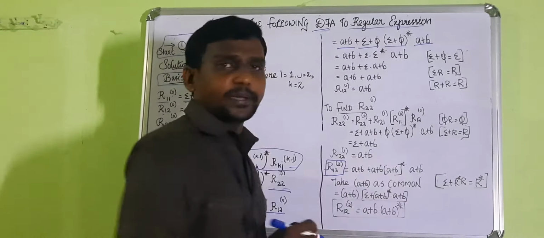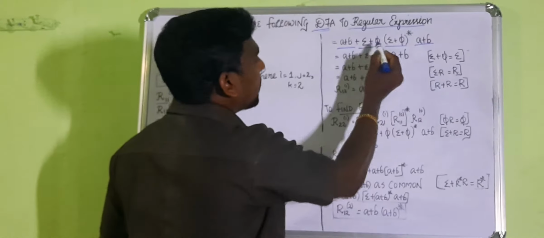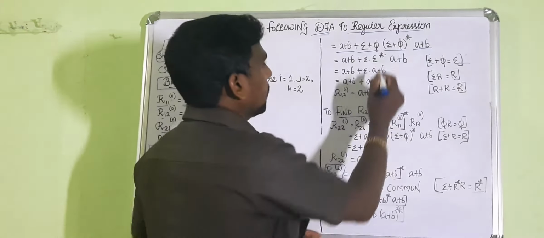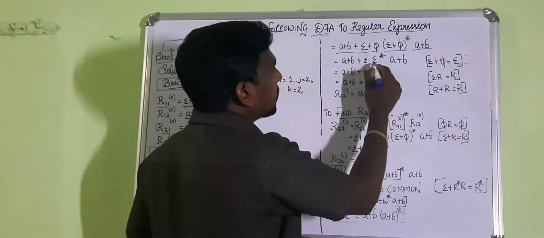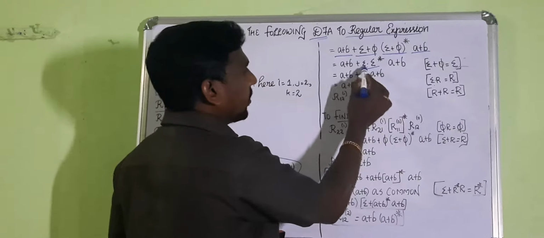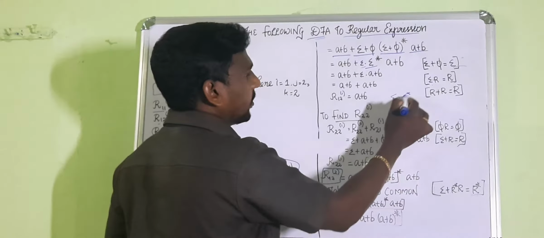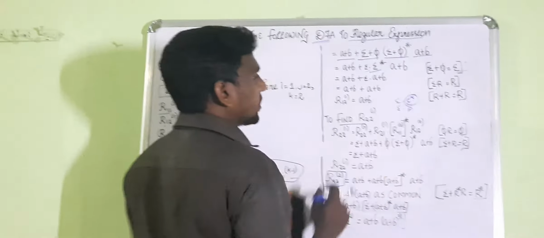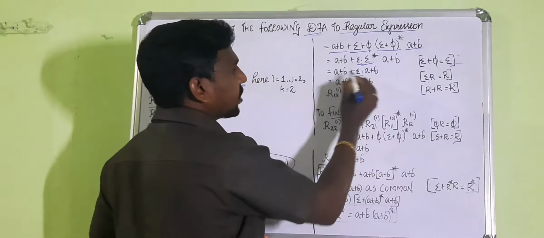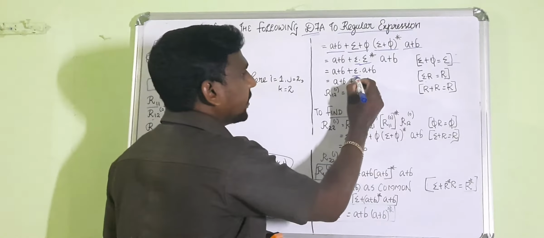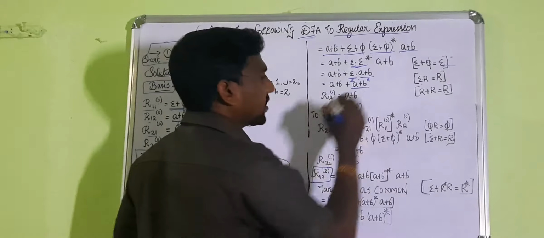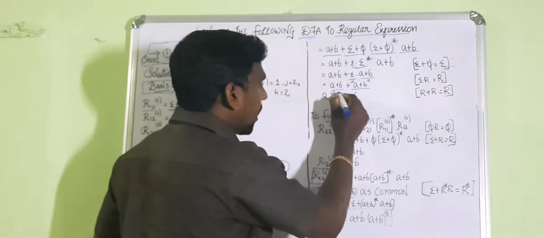Okay, now how will we minimize? See, I am minimizing, right? Epsilon plus phi: we have the rule that epsilon plus phi equals epsilon. You just check the rule, okay? Epsilon plus phi equals epsilon. So I apply it: epsilon plus phi the whole star becomes epsilon star. Epsilon into r equals r. See, epsilon into r. Now epsilon star is epsilon, okay? So instead of this I will get epsilon into a plus b. And consider epsilon into anything as r; epsilon into r equals r. So I will get a plus b. Clear? And now this is r and this is r.